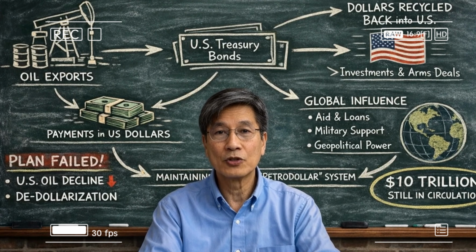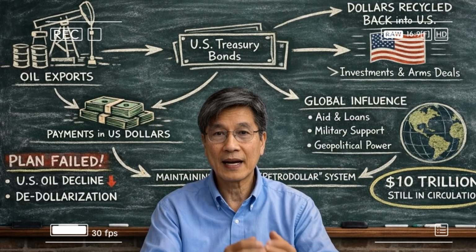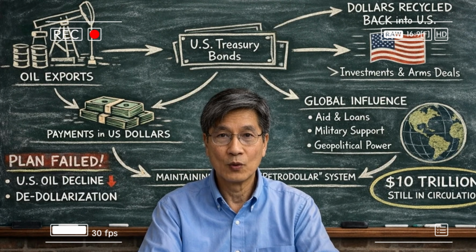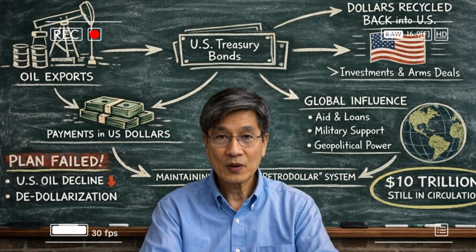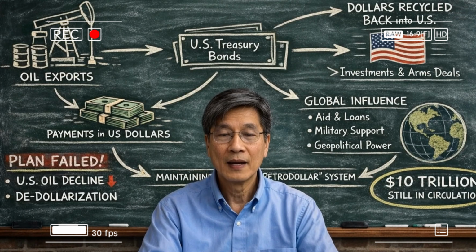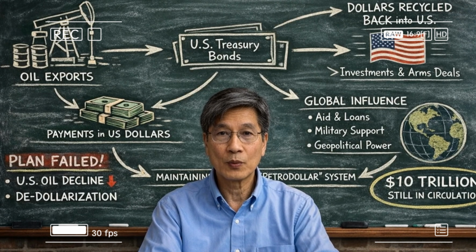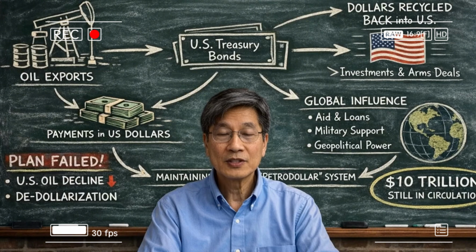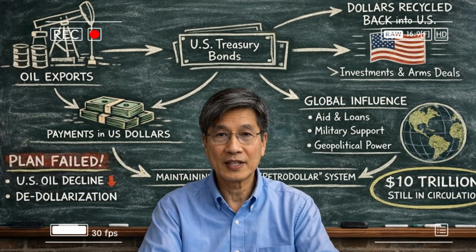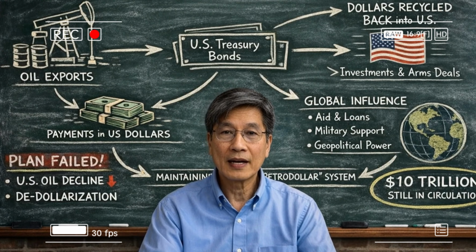So, what's the future of the petrodollar system? In recent years, some countries like Russia, Venezuela, India, and Pakistan have tried to trade oil in other currencies like the euro or the Chinese yuan. This is one of the goals of the BRICS Trade Alliance, which is a partnership of countries that aims to reduce global dependence on the dollar. So, here's the million-dollar question. Why are countries that are hostile to the US still trading oil and dollars?